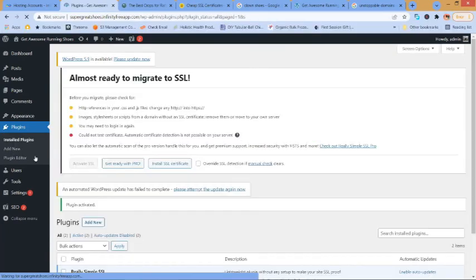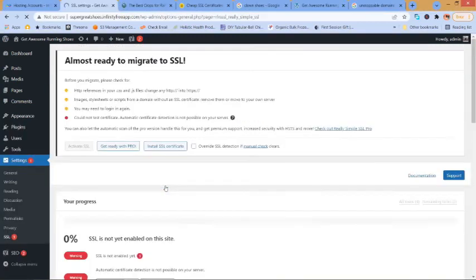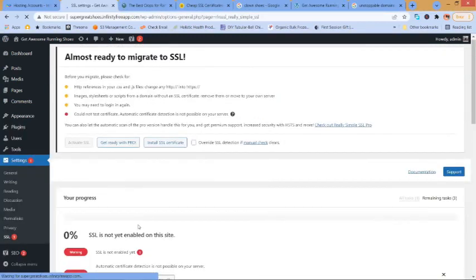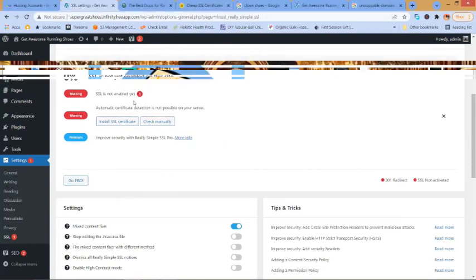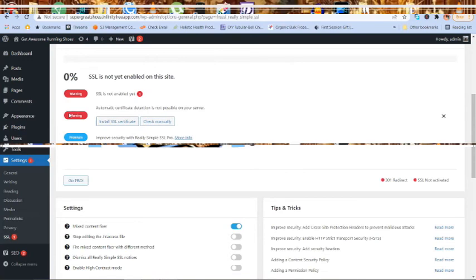So we can activate that plugin. We can go to settings. And basically, it just takes care of the background work for you. So your SSL, secure socket layer, is not yet enabled. That means that nothing's done. Now, here's the thing about this free site. Most free sites, even if they